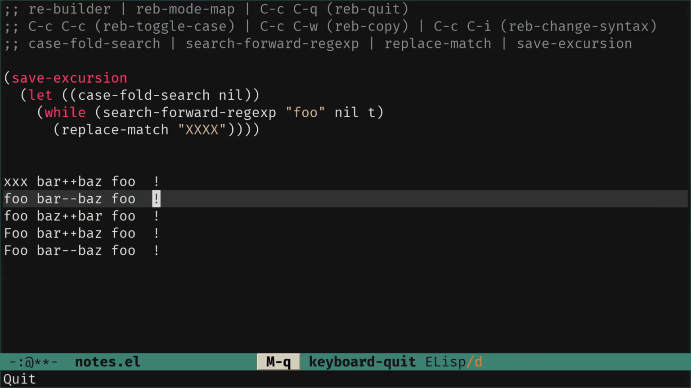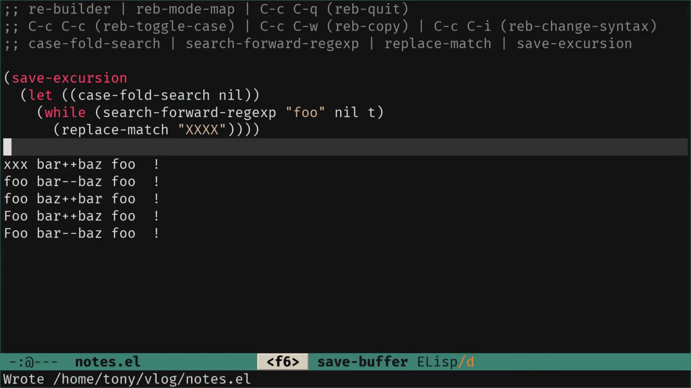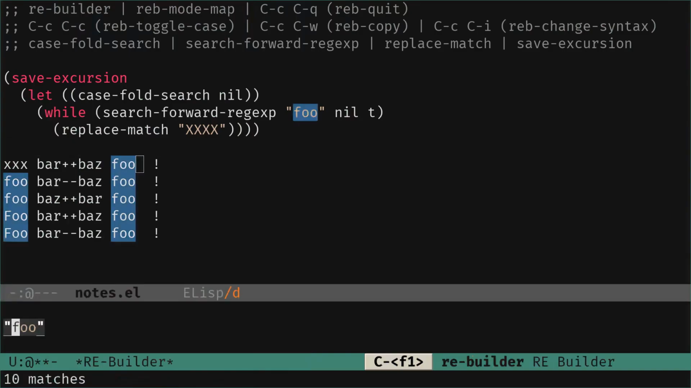Let's say that we don't know how to do that directly, and we want some feedback, visual feedback. This is why we introduced Rebuilder at the beginning. So let's call Rebuilder. We're still at foo. We see that right now this is also matching the foo upcase. So Ctrl C, we change it, we toggle the case to